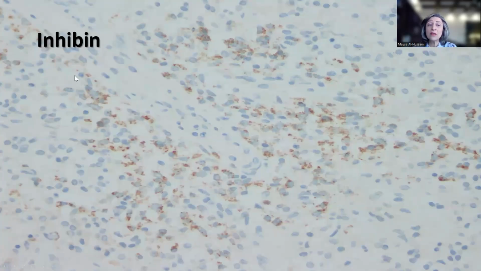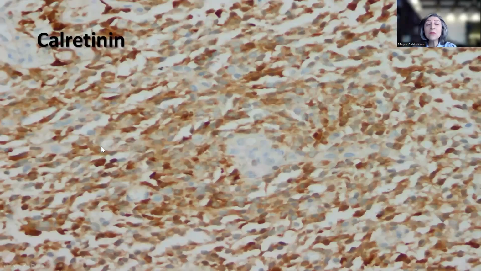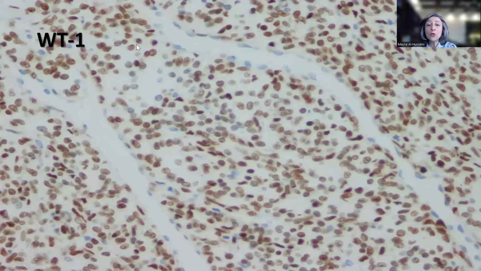The first immunohistochemical stain that was performed, inhibin, is positive in the tumor cell cytoplasm, as well as calretinin. Both of these markers are excellent clues that we're dealing with a tumor showing some sort of sex-cord differentiation. WT1 is also positive, beautifully positive, showing this nuclear stain in the presence of the internal